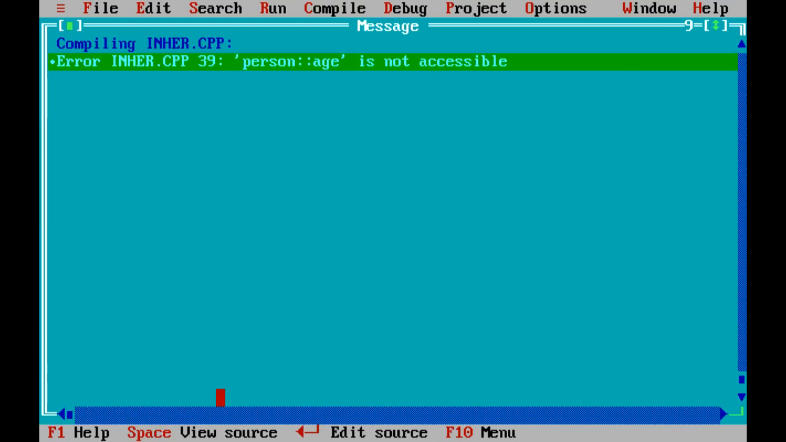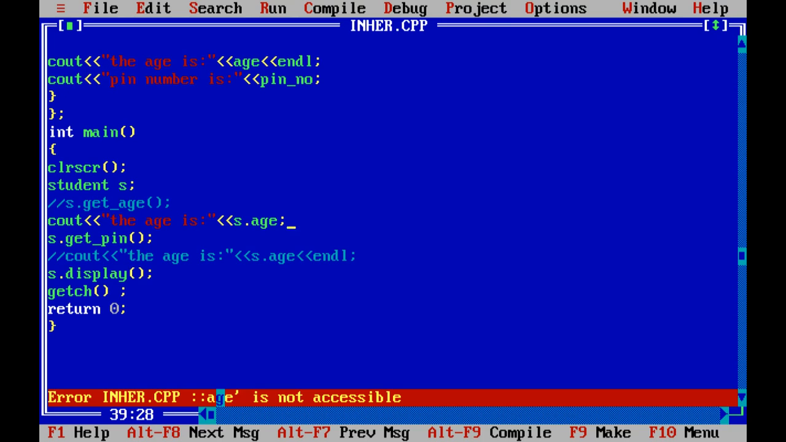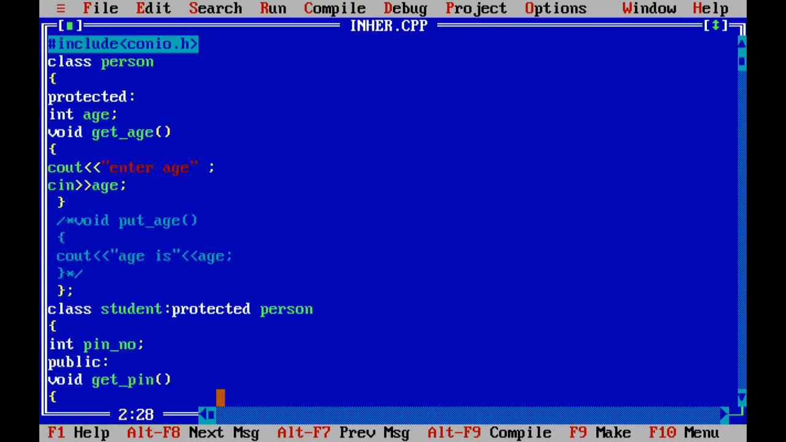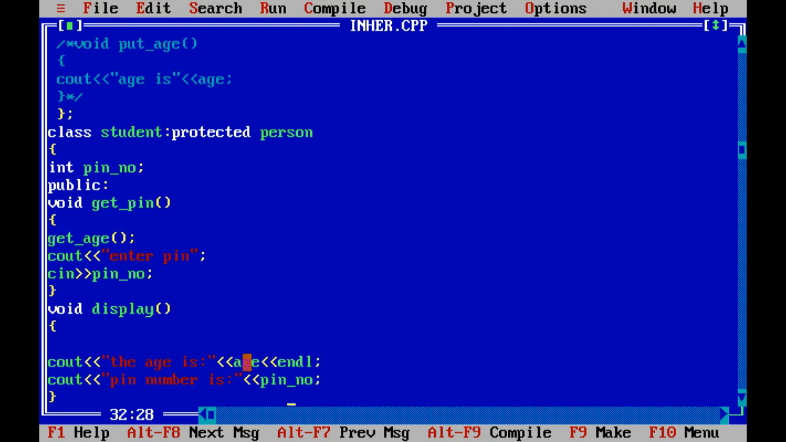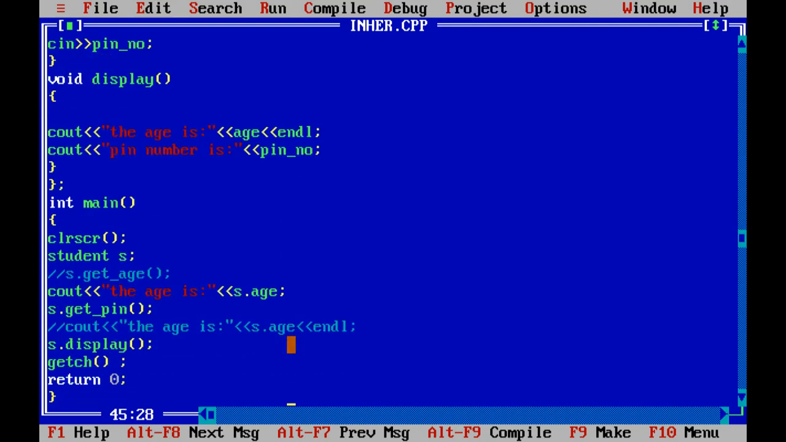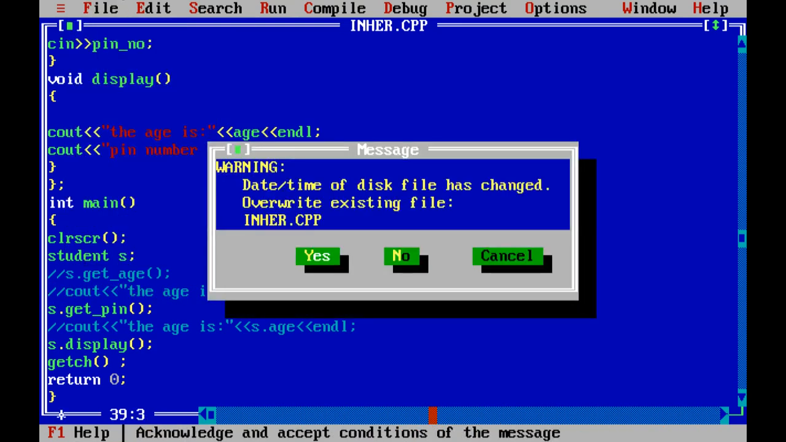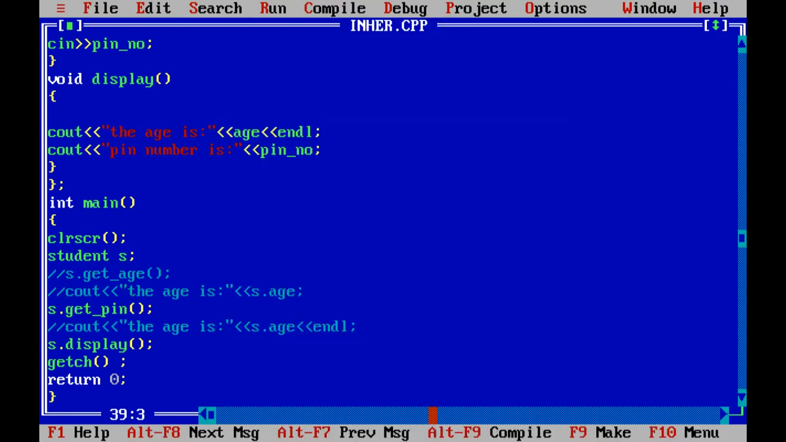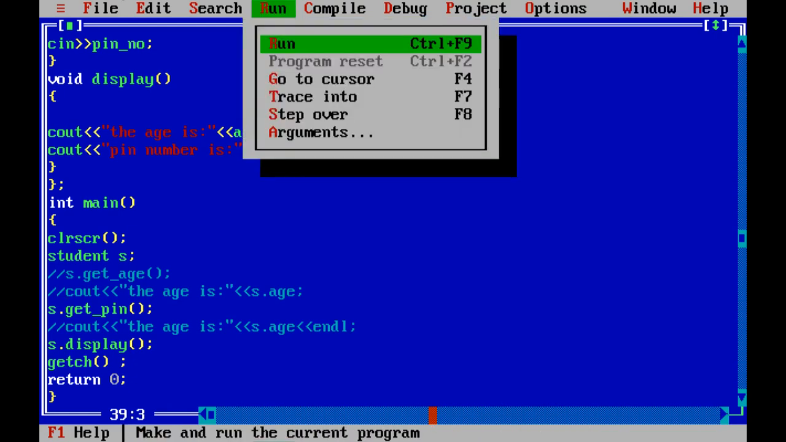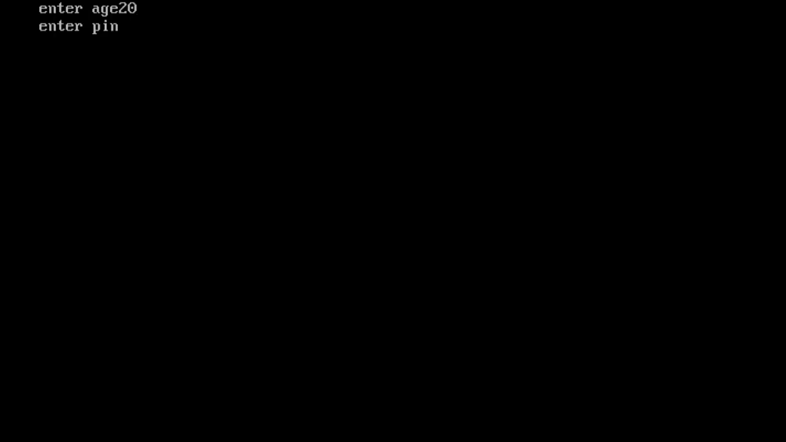Person age is not accessible because here the age is a protected member of the base class, which can be accessed in its immediate derived class without any problem, but cannot be accessed outside that class or any part of the class. So here we are getting an error, right? So like that you need to do some experiments, making some members private, public, protected, and even different derivations. You need to check